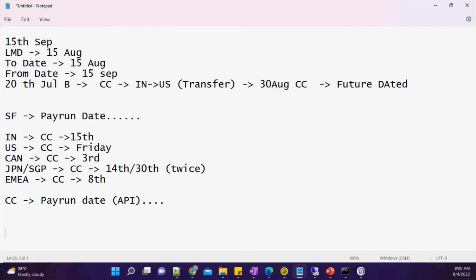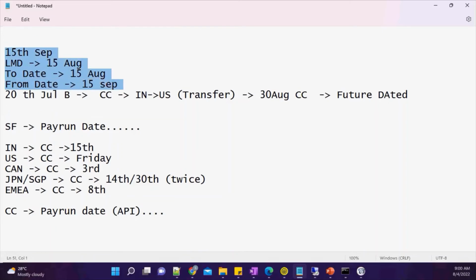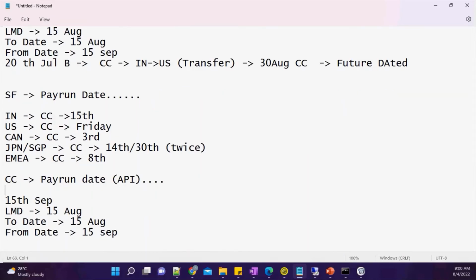And once you have identified that this is the correct cost center that is supposed to be running, then you will be forming your query. This particular query you will be forming because you want to pull the data. So again, this period and delta and everything will depend on these pay run dates. So if it is running every Friday, you are expecting a weekly change. So whatever changes are happening within a week, you are expecting.